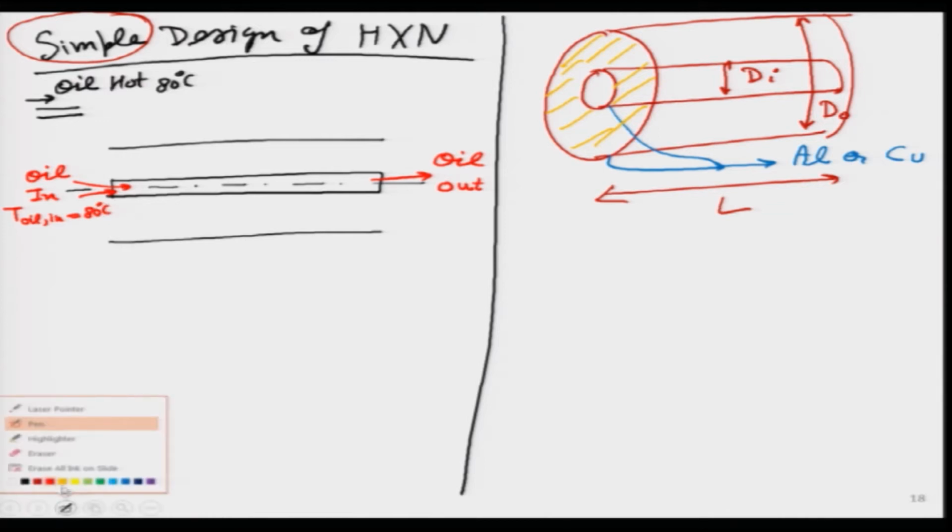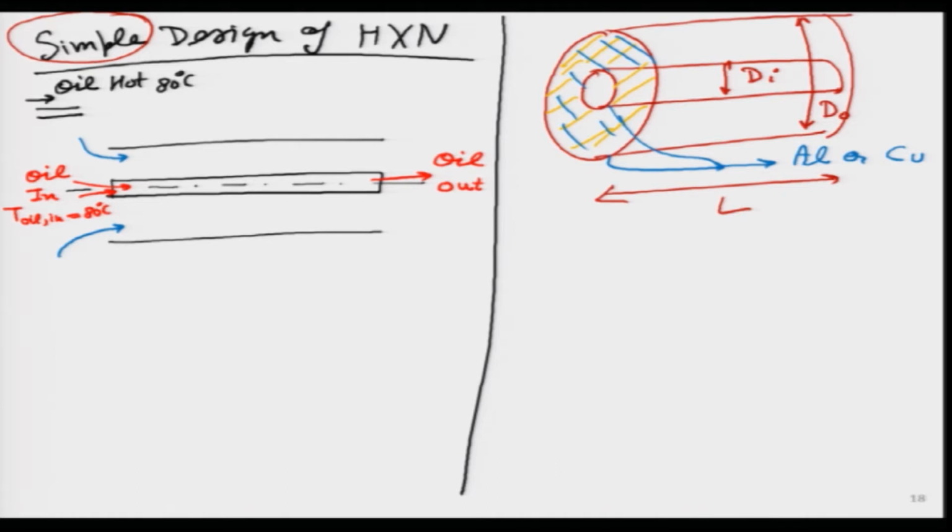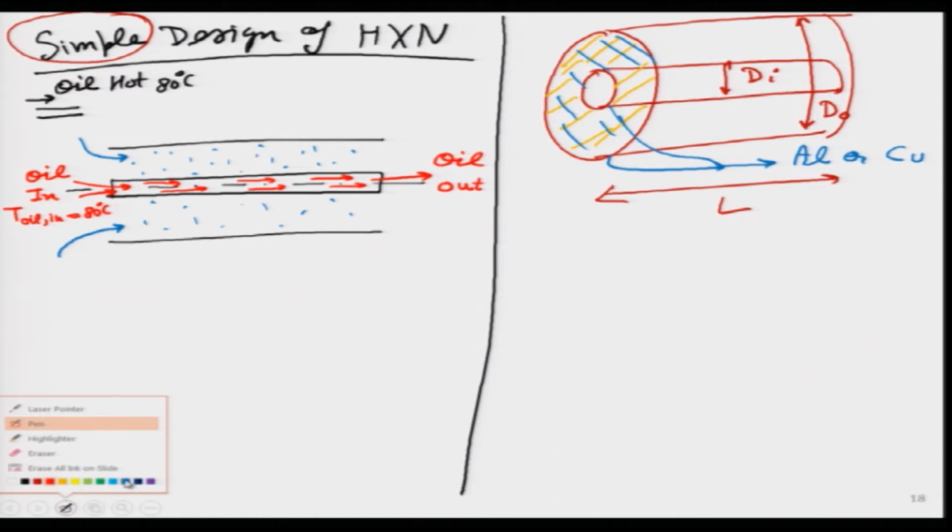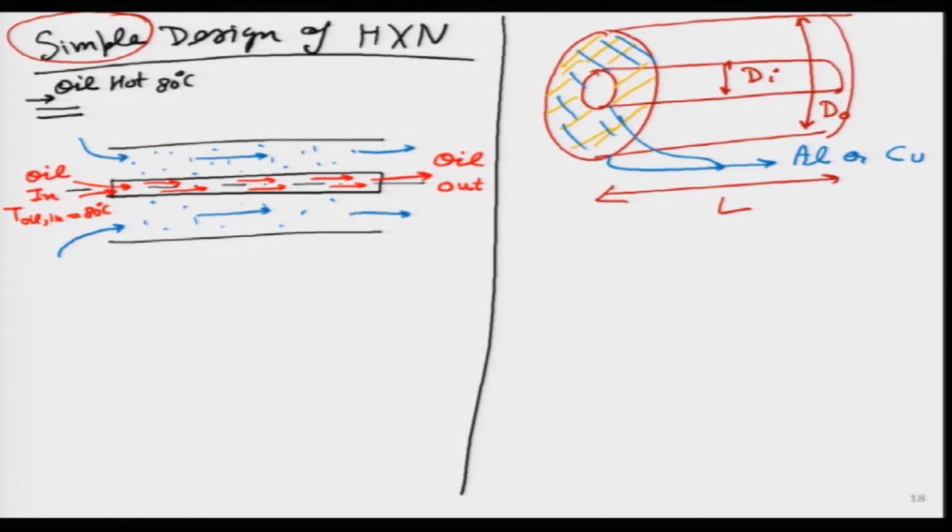Then water, because it is slightly colder, I will show it with the blue color over here. So, in the annular region, which we have shown with the orange color, everywhere will be water. And inside the inner pipe, everywhere there is oil. So, oil is going over here. I hope this construction is clear, because all the lecture will be based on the understanding of these two constructions of the pipe. So, please understand it nicely.